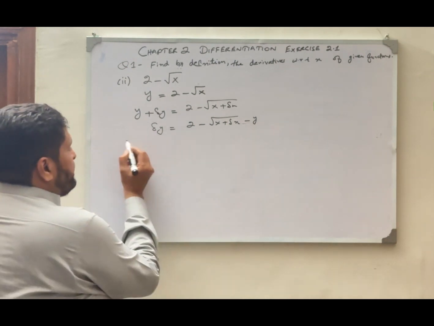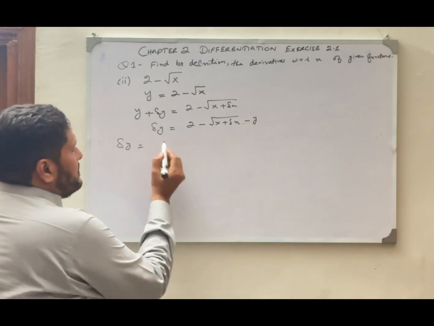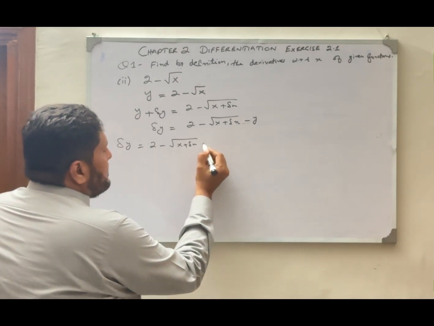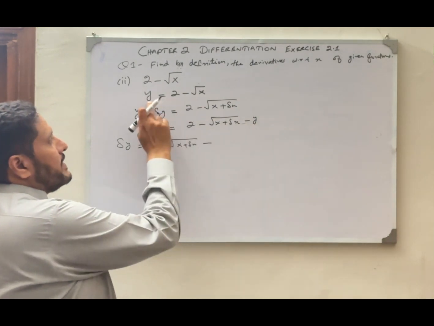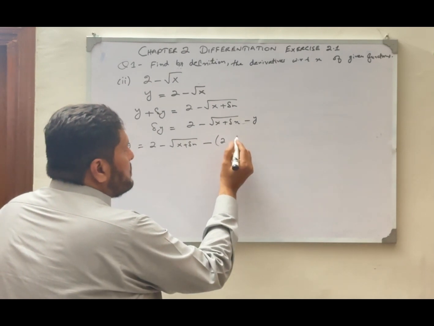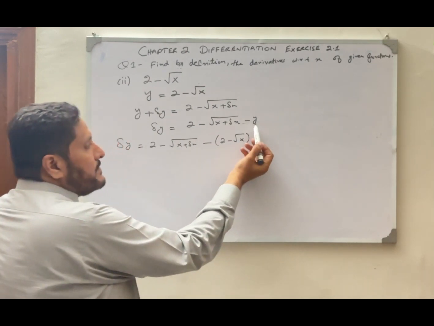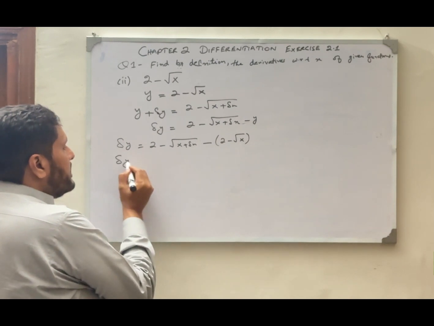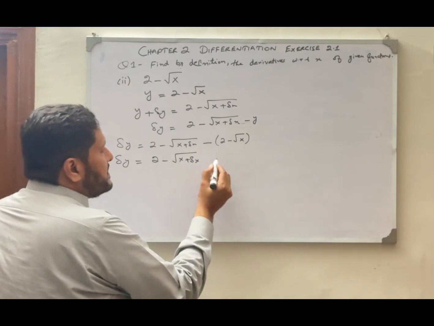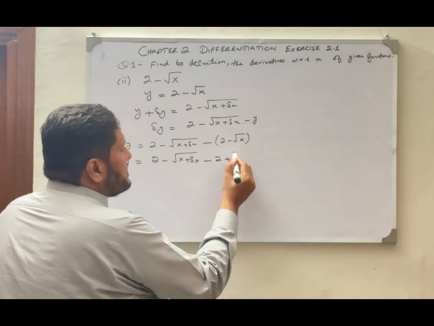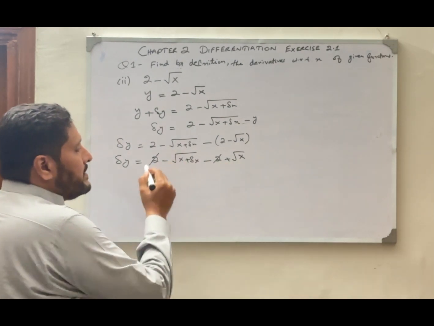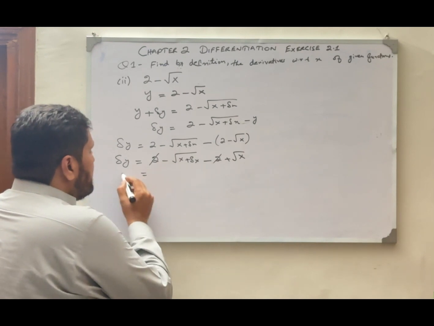Now our delta y is equal to 2 minus square root of x plus delta x minus, we put the value of y over here. Our value of y is equal to 2 minus square root of x. So we write 2 minus square root of x in place of this y. Now delta y is equal to 2 minus square root of x plus delta x minus 2 plus square root of x. So now this minus 2 will be cancelled by plus 2,